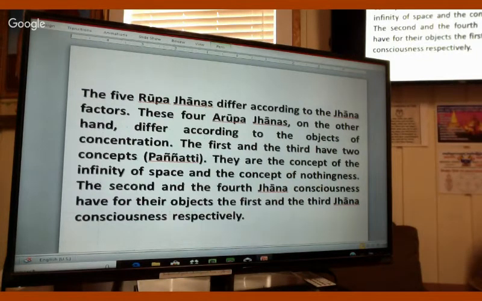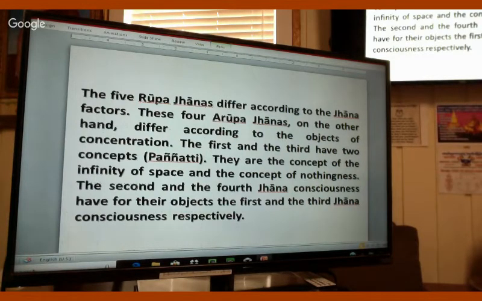That's why we can easily practice Vipassana after we get Rupa Jhana: coming out from Rupa Jhana, we focus on the Jhana factors and change to Vipassana. We see their impermanent nature. The Jhana factors are the object of the Vipassana meditation. Arupa Jhana is according to the object of concentration, changing the object. It has to be somebody who is very wise to use Arupa Jhana to become enlightened.